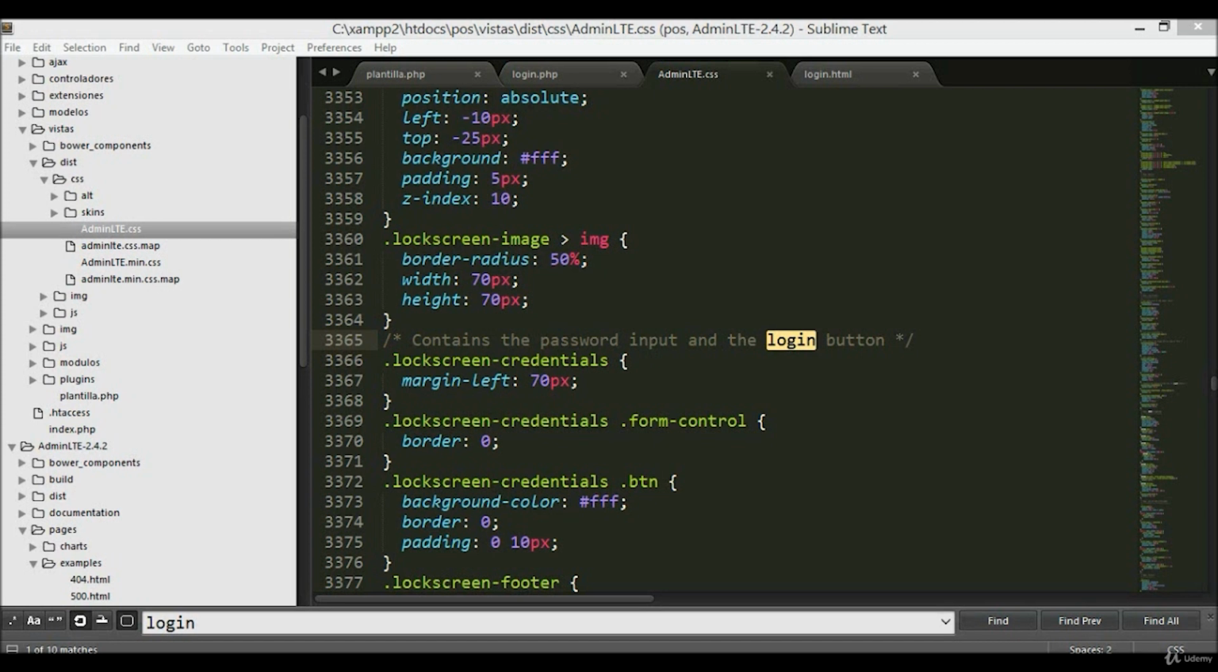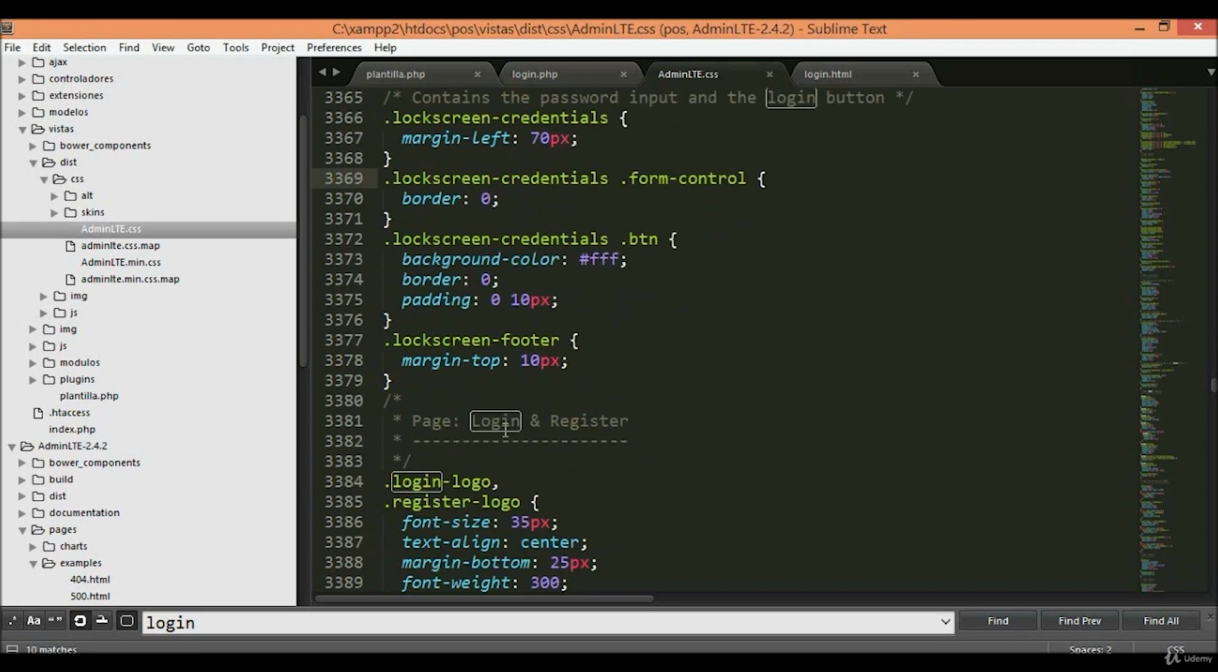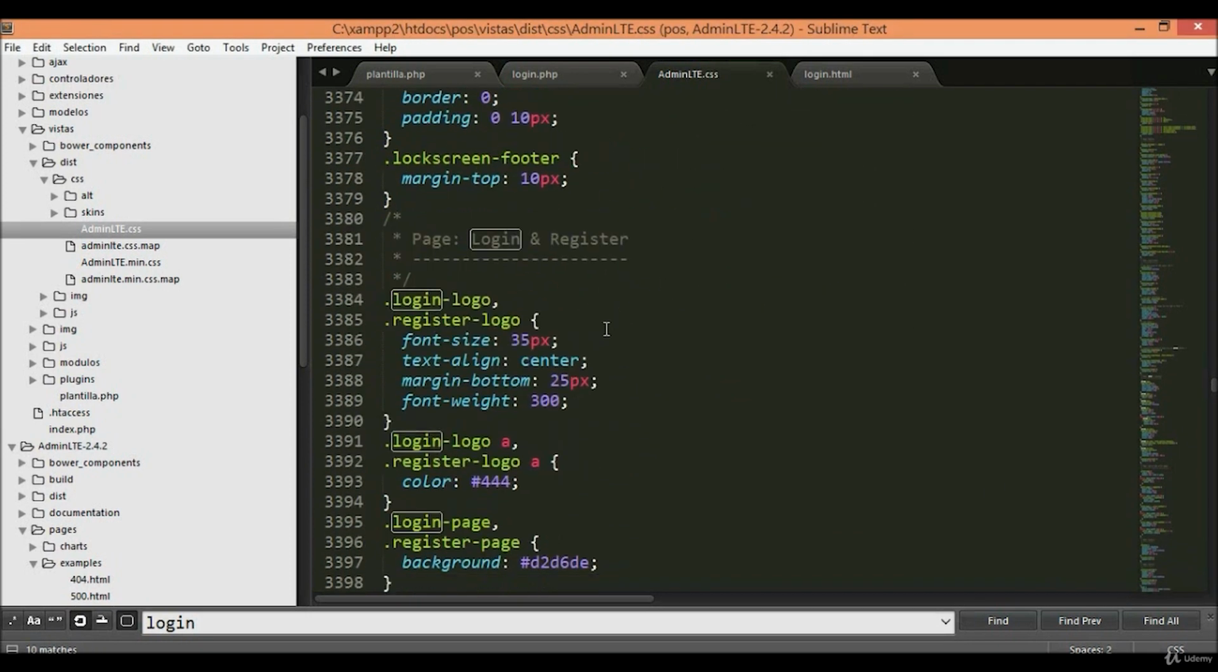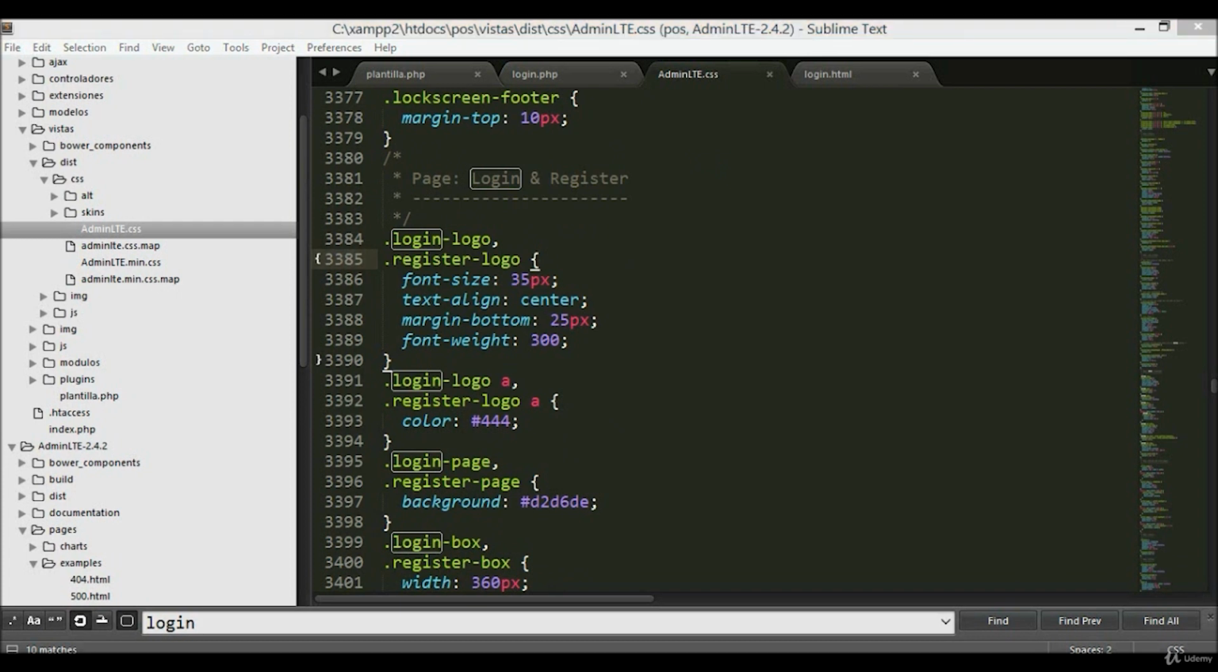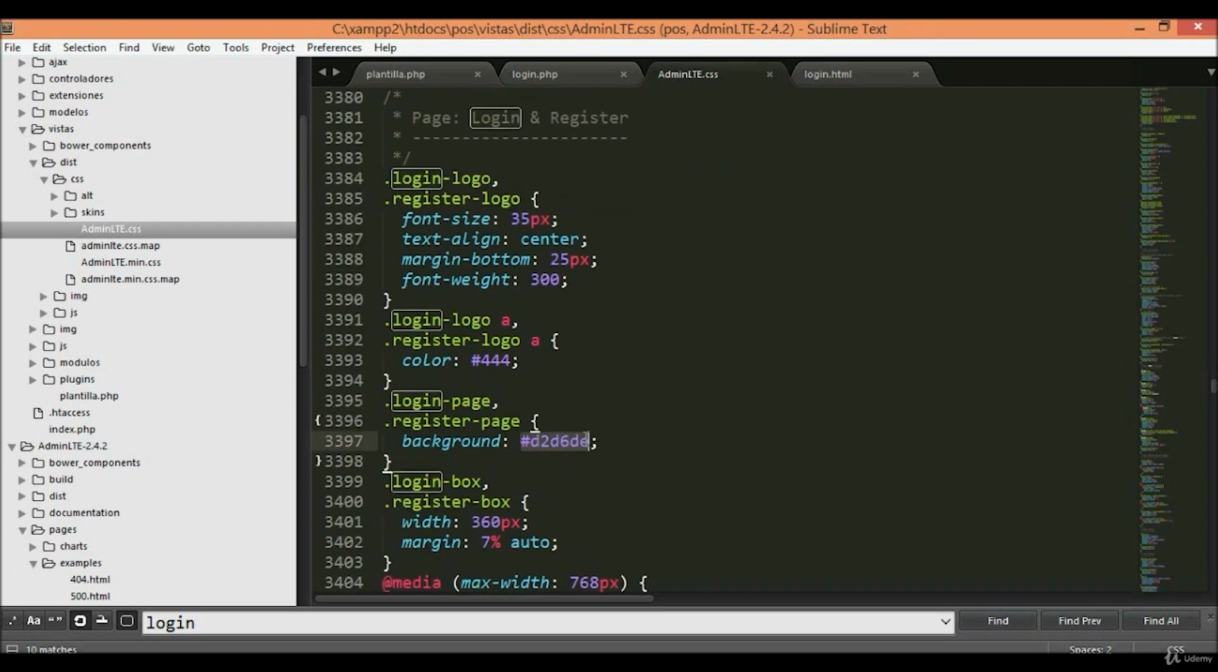Okay, it contains the password input and the login button. Okay, the page login and the register. And in this part, I'm going to put a background image because it looks better for me. The background is going to be linear gradient,